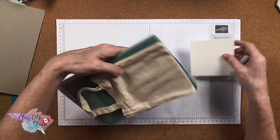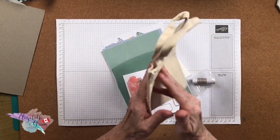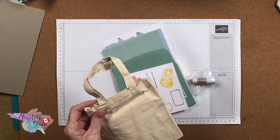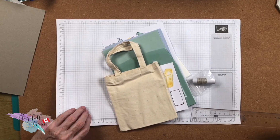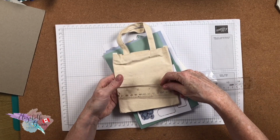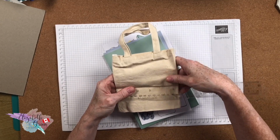Alrighty then, we have this little bag. Let me get out my ruler. I turned over my grid paper because it was dirty. It had my personal information on it, so I turned it over and it's metric, but I'm going to bring out my handy dandy ruler. So it's 5.5